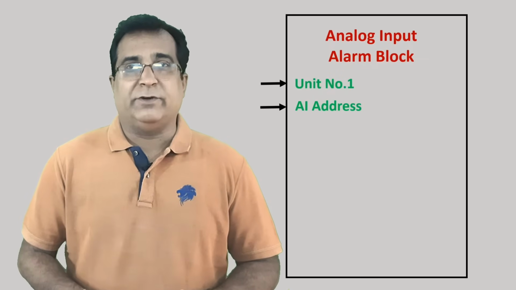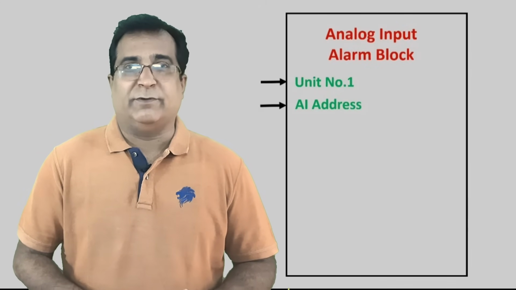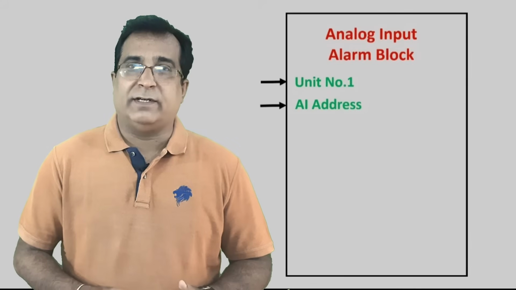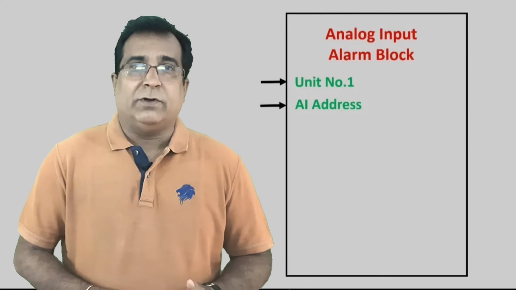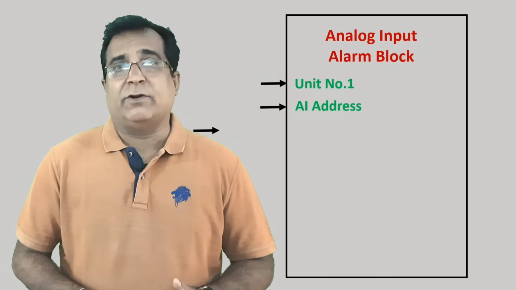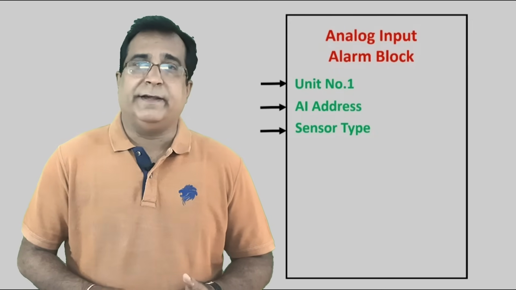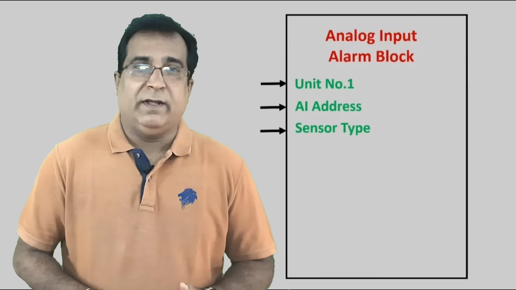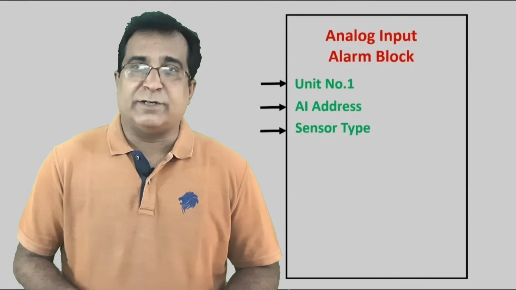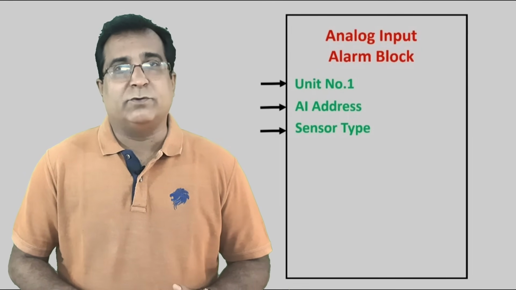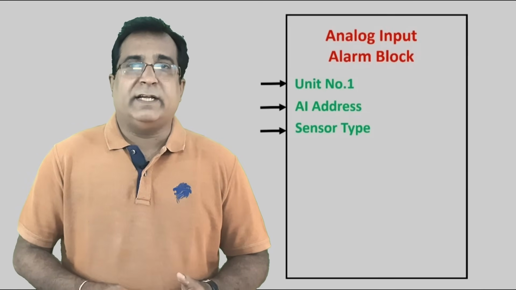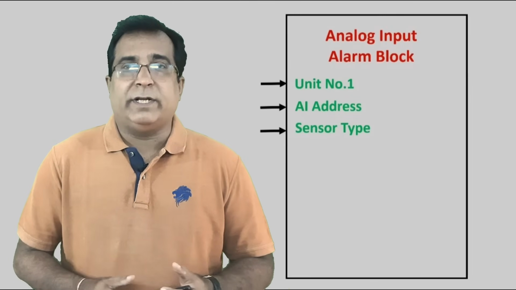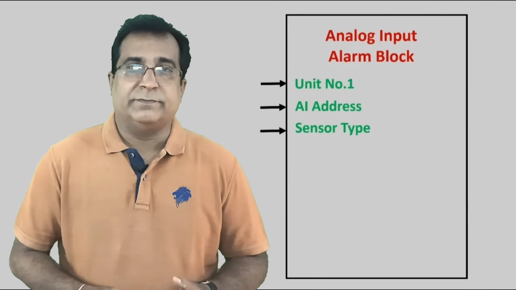Second one is analog input IO address. This is basically the physical IO address of the analog input channel. These addresses are allocated to each channel of your input card at the time of IO hardware configuration. Now, what kind of sensor are you going to connect to this analog input software block? That info is given here. These are some code numbers mentioned in your system manual, which may vary system to system. For example, RTD sensor is allocated 0, thermocouple 1 and 4 to 20 milliamps 2 or something like that. This info tells the input block what kind of sensor is connected, and according to that calculations are carried out.